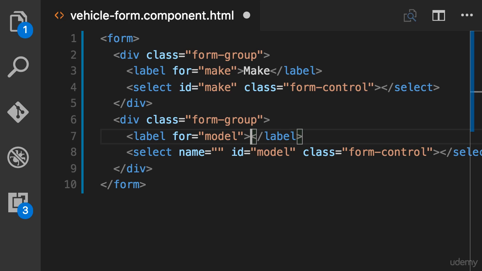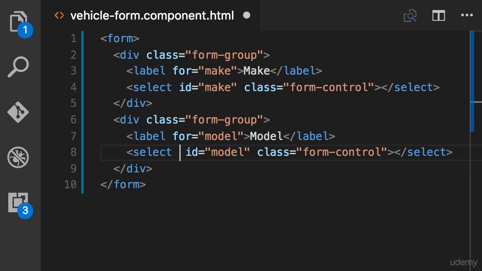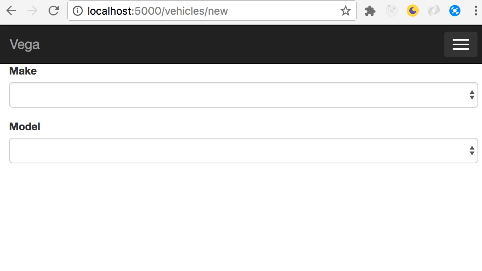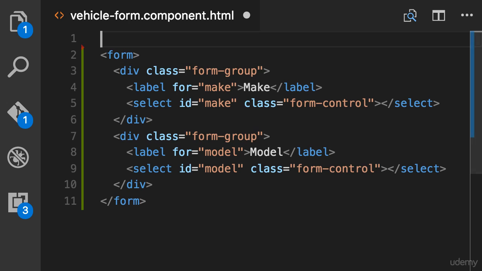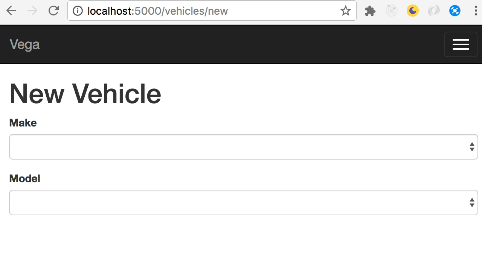Now let's add this model label here and delete the name attribute. Save. So this is our form. Now make is a little bit too close to the navigation bar. So I'm going to add a heading here, new vehicle. Okay, now it's better. Note that I'm not building the entire form yet because I want to make small baby